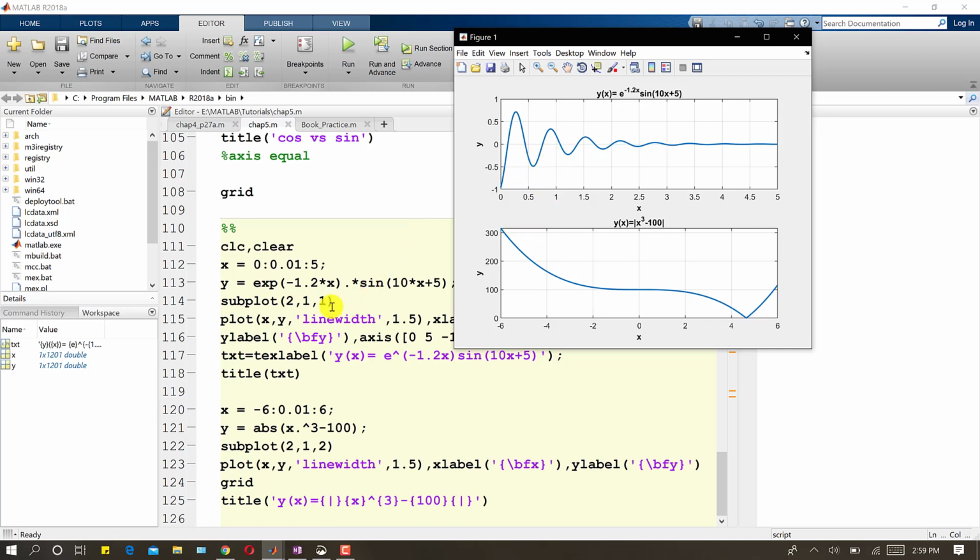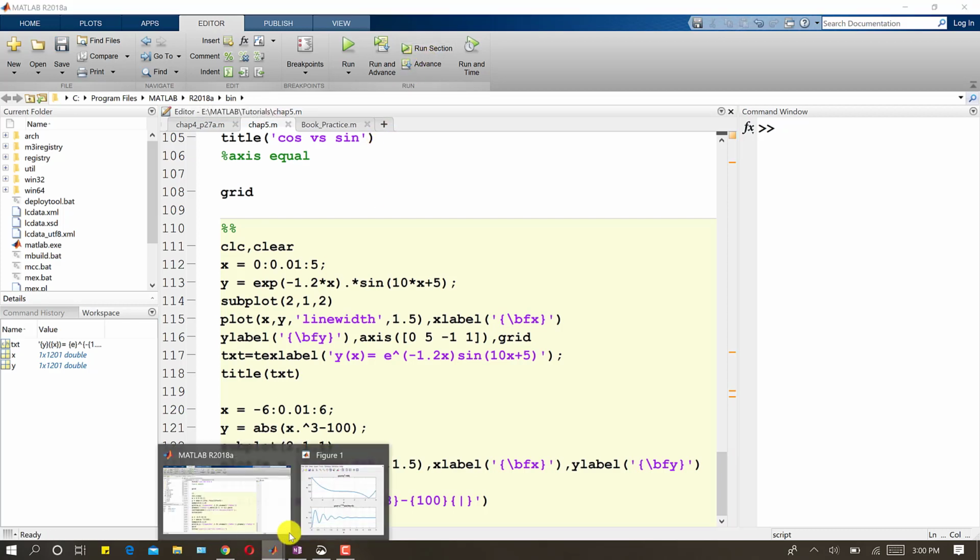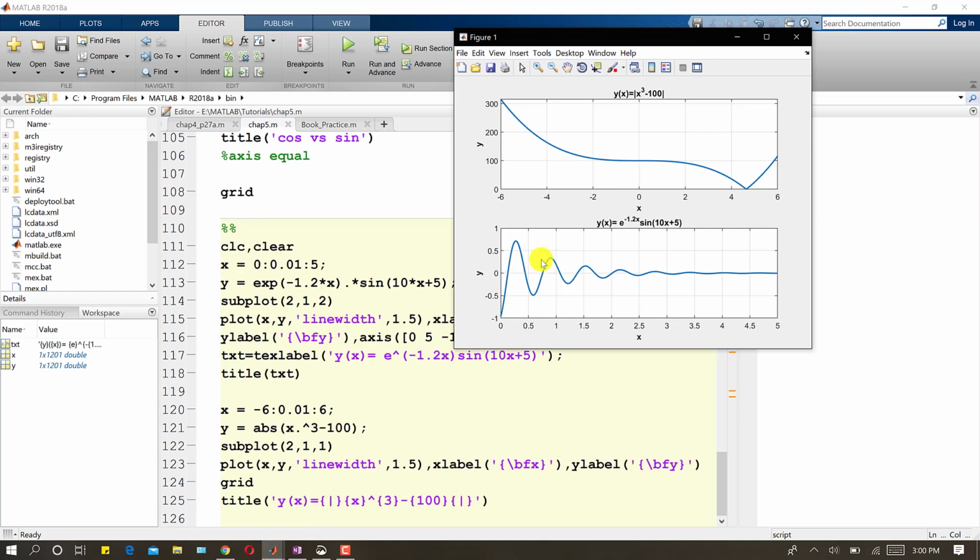Now if I change this to 2 and this to 1, this plot will be displayed here and this plot will be displayed here. So let me change it. Let's suppose I write that this is 2 and this one is 1. The figure will be divided into 2 cross 1, so the number of rows and columns are the same, but we have changed the places of both of the subplots. If I run this, we can see the second plot is appearing first and the first plot is displayed in the second row. So we can change this.